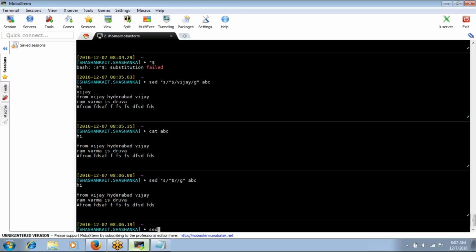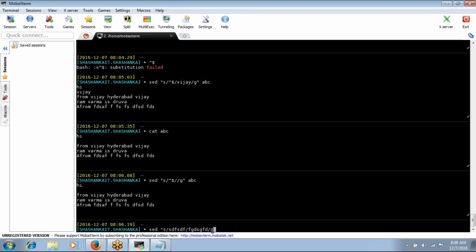Okay, basically in sed, I will explain that command. If you give this pattern and this pattern, and G is nothing but global, then whenever we have this pattern, it will replace it with the other pattern globally. It will not be at record level. When you talk about record level, then only the occurrence will matter. So in the entire file, wherever you have that pattern, it will replace it.